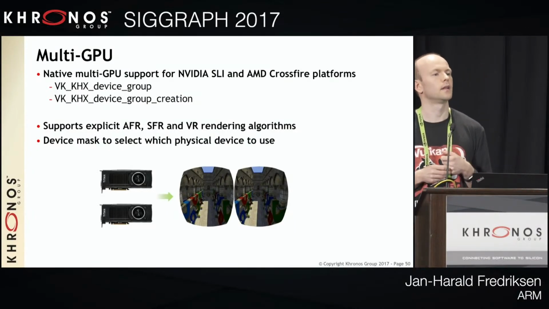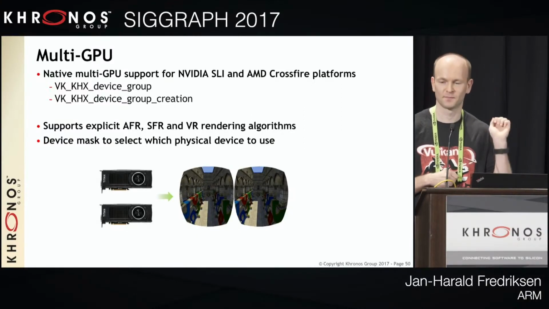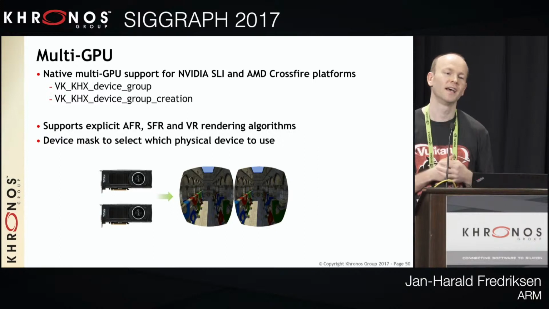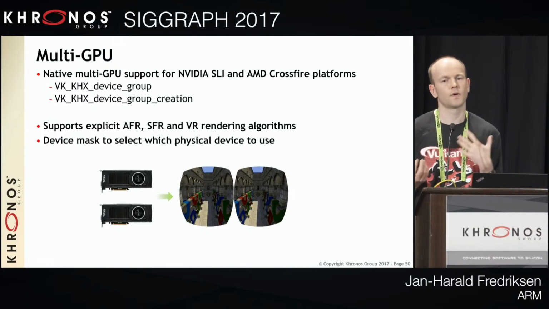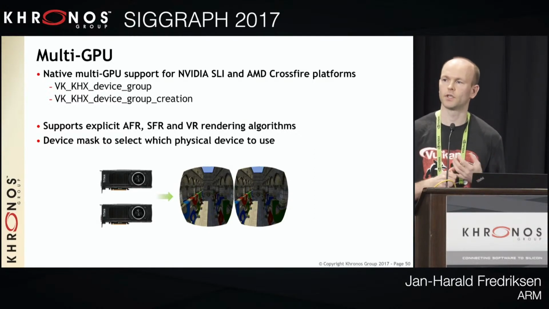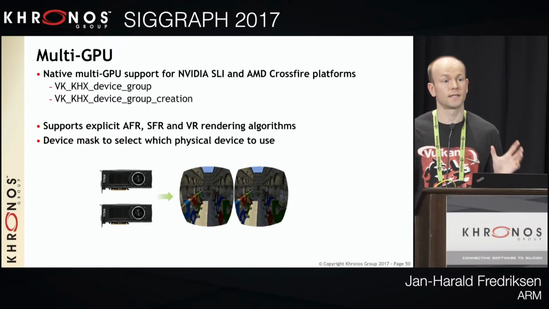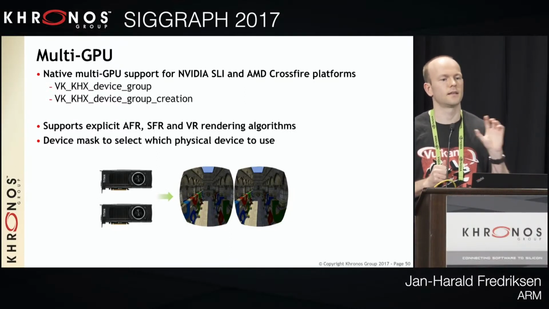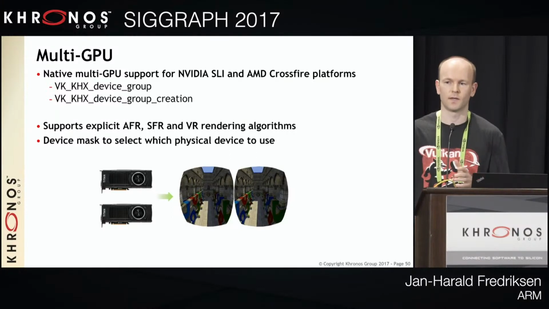Another fairly big gap in the initial release of Vulkan was the multi-GPU support. If you have a couple of GPUs in your desktop PC, you kind of want to use them both. And so the device group extensions let you do that. They give you explicit control over what runs on which GPU. The basic mechanism is that all of the API works the same, and then there's a device mask that gets inserted in various places in your command buffer, in your render passes, and in your queues, which let you specify that this goes to that GPU and that goes to that GPU.